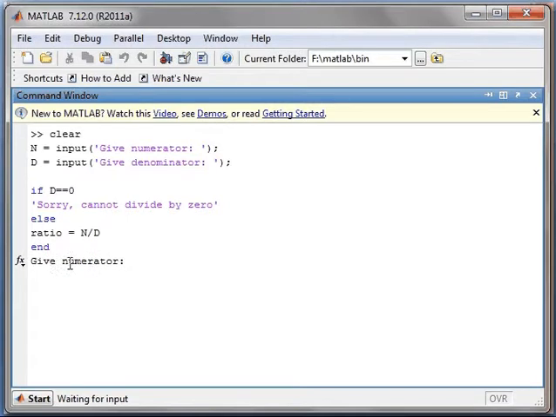Now it's asking me the value of numerator, so I am giving the numerator value 5, entering. It is asking for the denominator value, 6, again enter, and the output it is giving is ratio equal to 0.833, that is 5 divided by 6, the value is 0.833.